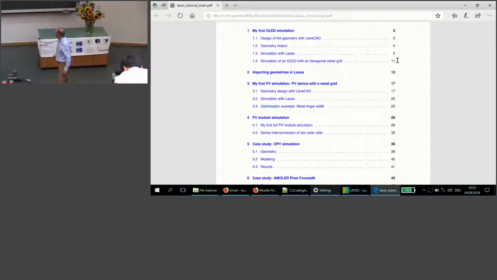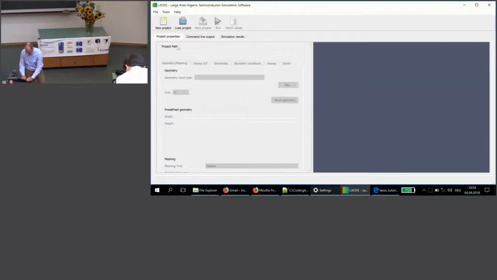There are about 8 examples. We don't do the design of geometry with LibreCAD because that's actually only needed for very special geometries. Otherwise, we can just start with parameterized geometries. So that's the tutorial. And if we just start step by step here in the graphic user interface, we first